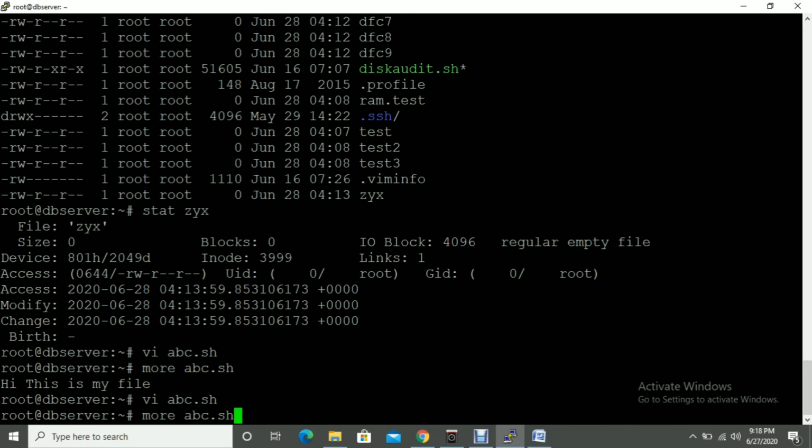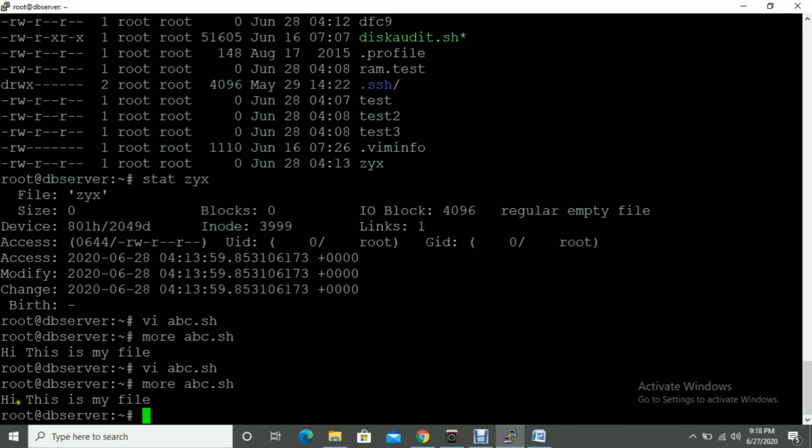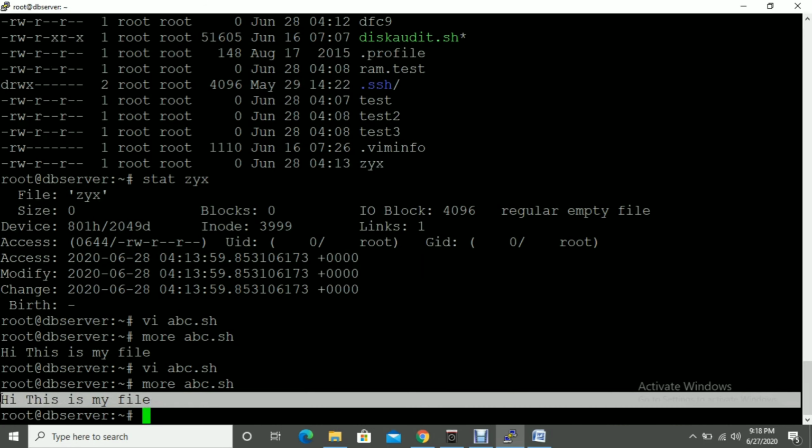If you check now, you can see that line is not showing here because it was not saved. So this is the way you can write and insert into your file.